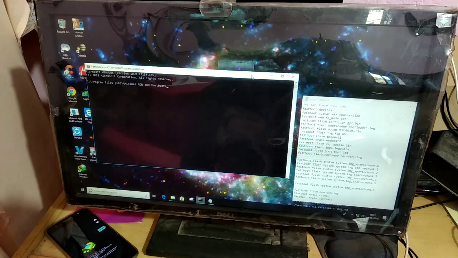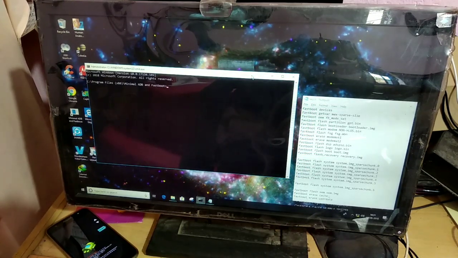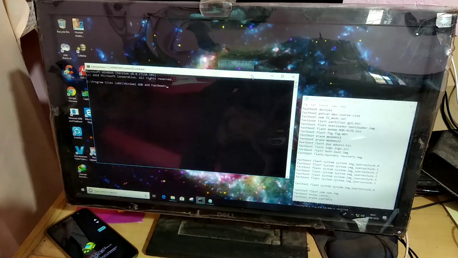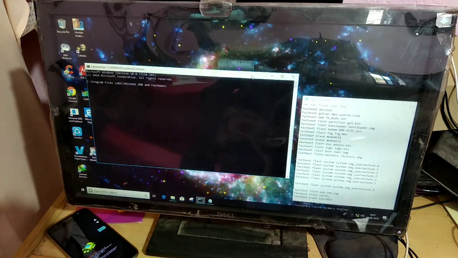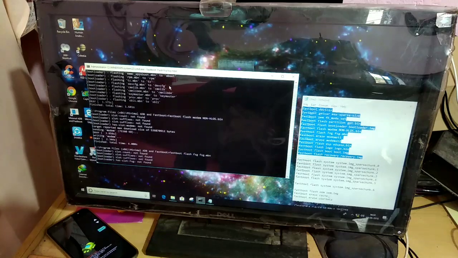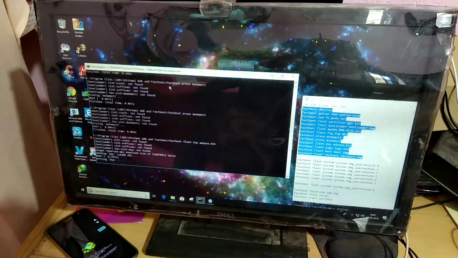Before that, you can make a .bat file, or in this command window you can copy and paste multiple commands in one go or one by one. When needed, please press enter after the command. Now you can copy the command and paste it here like me and press enter.